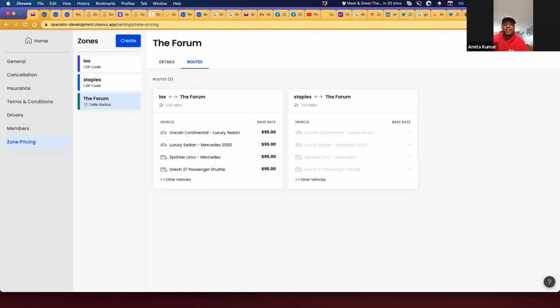There you go. But then it's up to you, you can control that. And then again, the other pricing that we have is the transfer and the hourly. But the nice thing about zone-based pricing is you get control. There are no surprises with base rate.